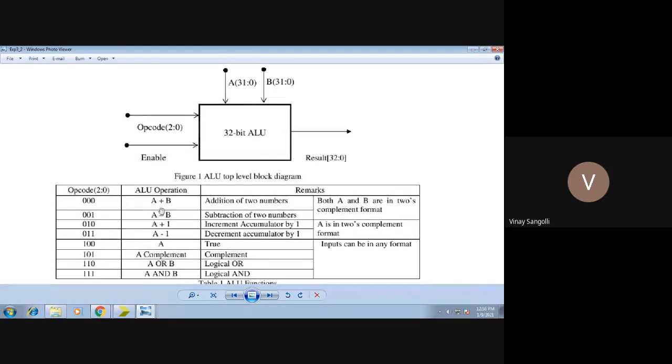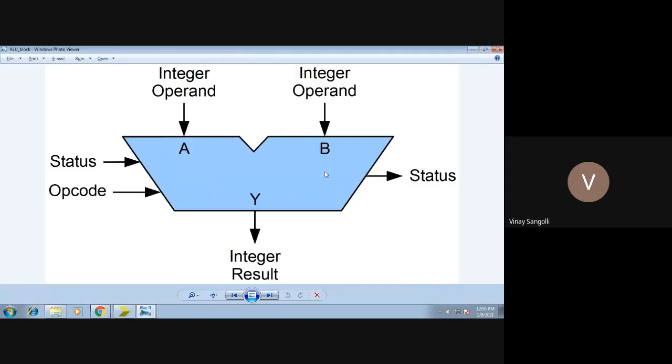So this is regarding the requirements of this project. Now let us try to see in the form of a block diagram how your ALU block would be. You can just have a look. We have 2 operands here, A and B. A and B are my 2 operands, each of 32 bits, and you have an opcode. Based on this opcode, you will be selecting what operation has to be performed.